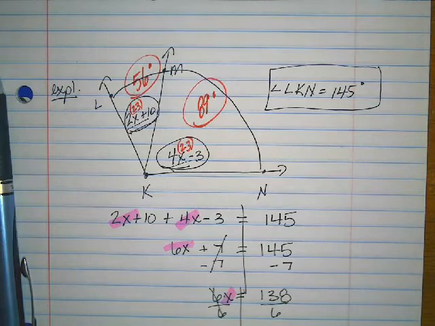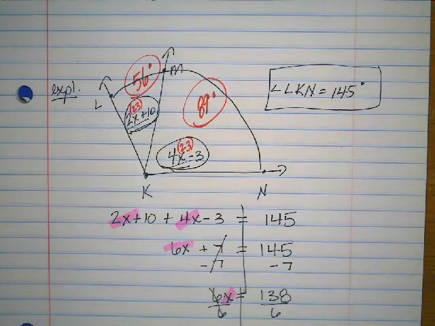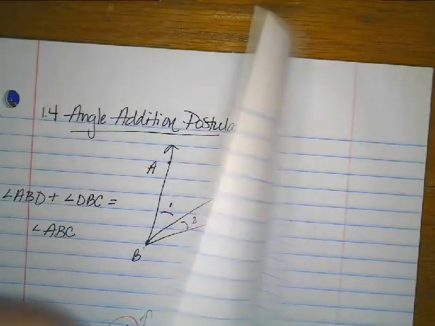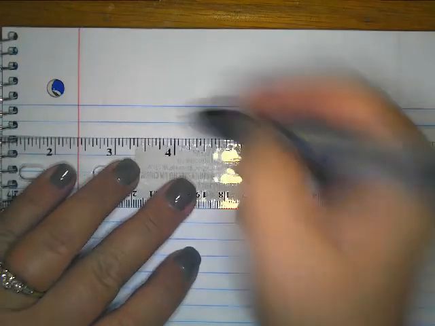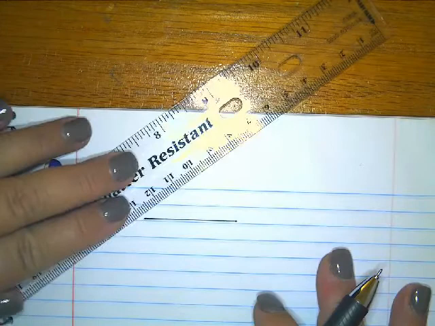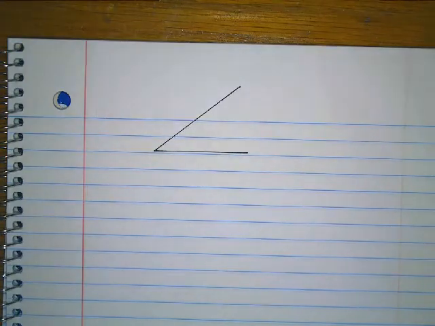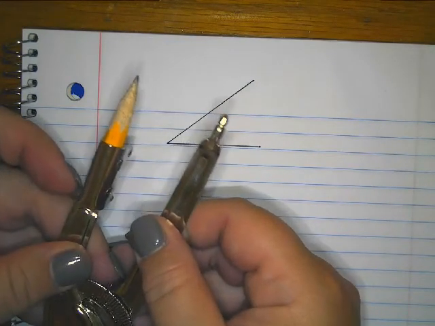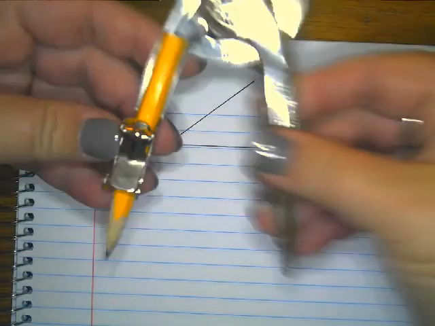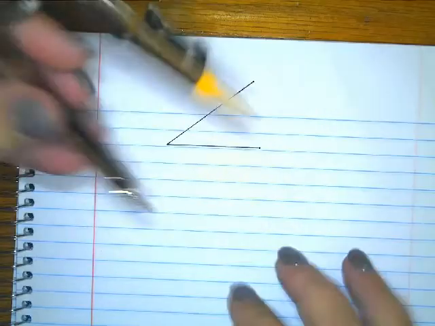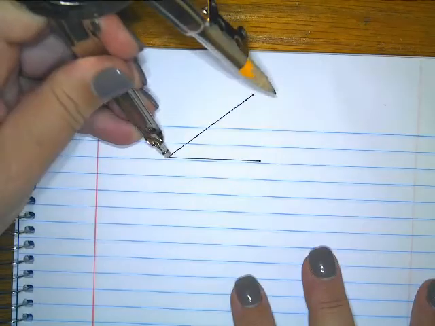Now our last piece is one more construction. The last construction is to take an angle and bisect it. Okay, so with my straight edge, I am just going to create an angle, any kind of angle you want. I'm going to take my compass and open it up a little bit. I don't want it to be too skinny, but I also don't want it to be super huge. I'm going to put the sharp, pointy edge on the vertex,